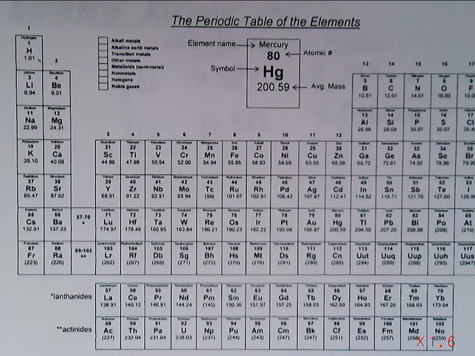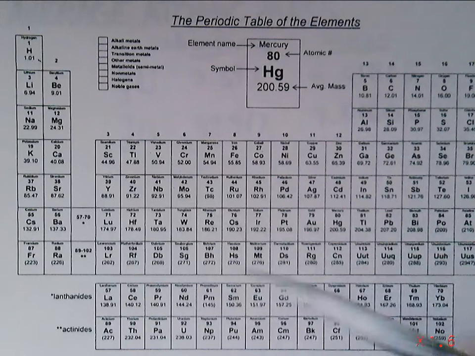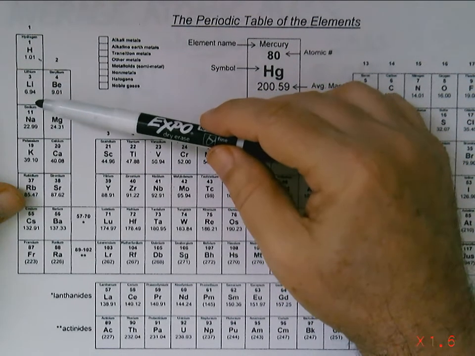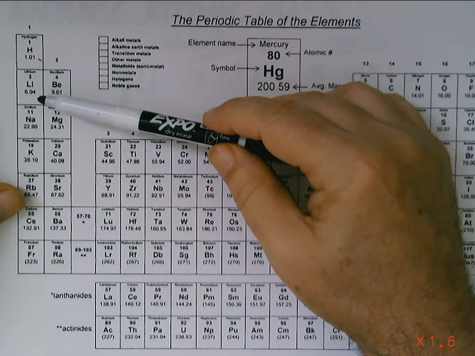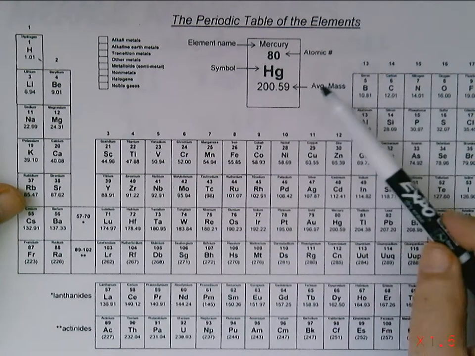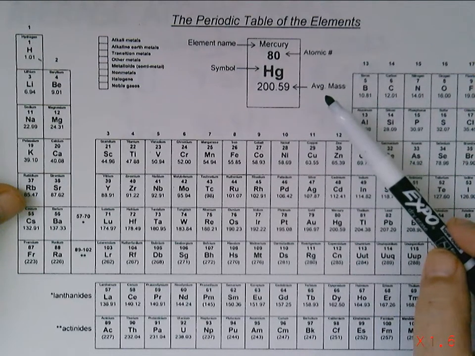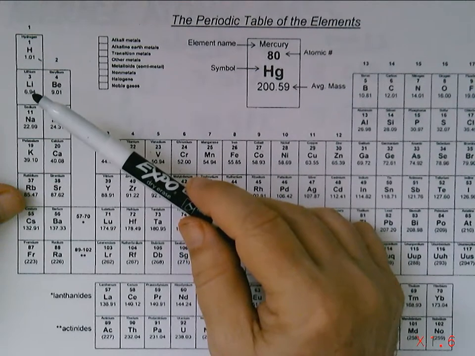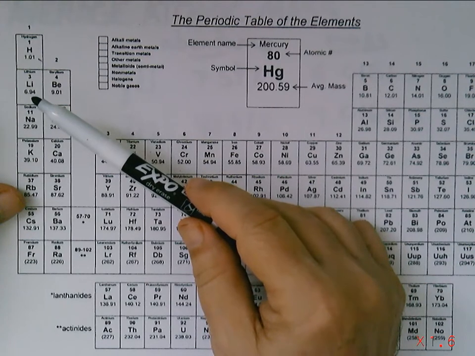So if I look at the periodic table, it gives me the masses of atoms of an element. If I look at them, they're not integers very often. I get, for example, for lithium, 6.94, definitely not an integer. And that's because what it's showing you here on the periodic table is the average mass for all the isotopes of that element. So if lithium has some isotopes that are heavier than 7 and lighter than 7, you're going to have the